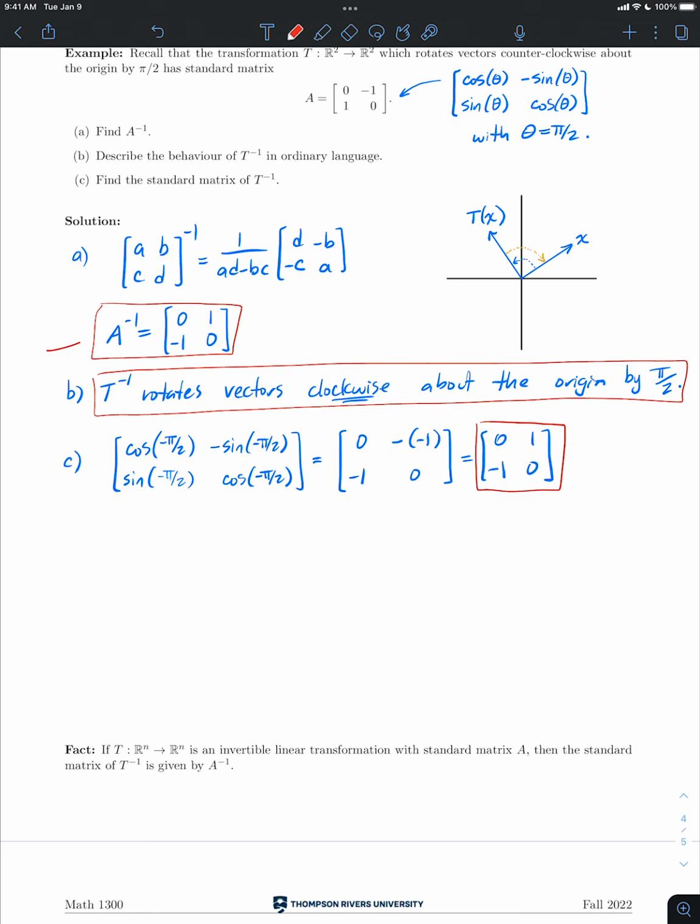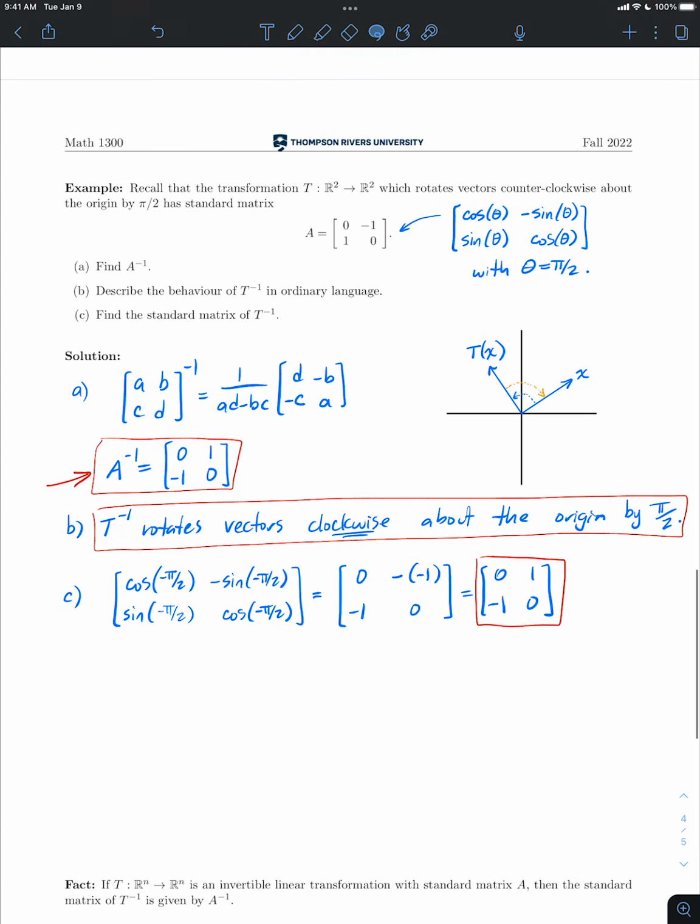What do you notice about your answers to part A and part C? They're the same. So how did this happen? Again, let's remind ourselves of the context. We've got a transformation T that's invertible. It had a standard matrix. If you treat that matrix as just a matrix and take its inverse using the normal matrix tools that we have,